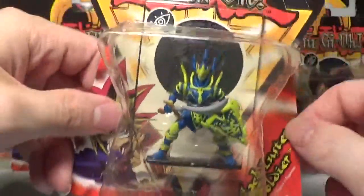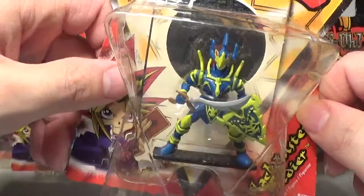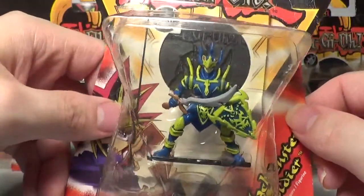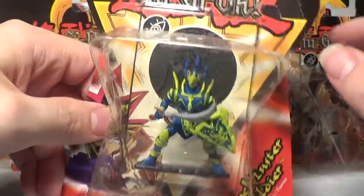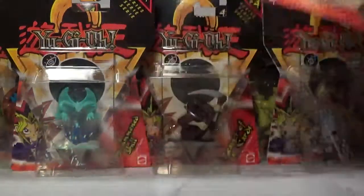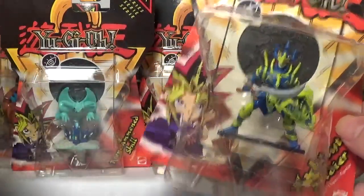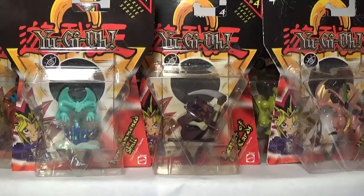I gotta say, this is such a cool miniature. I'm very, very happy to have it in my collection. Very, very rare miniature. Super happy to have it. That is the Black Luster Soldier, an iconic monster used by Yugioh, a ritual monster in the anime. Alright,